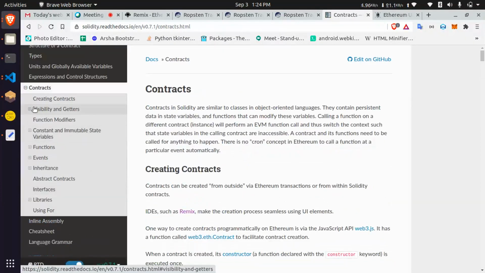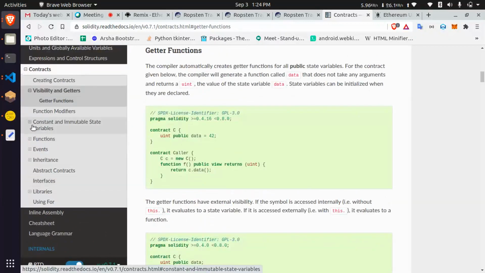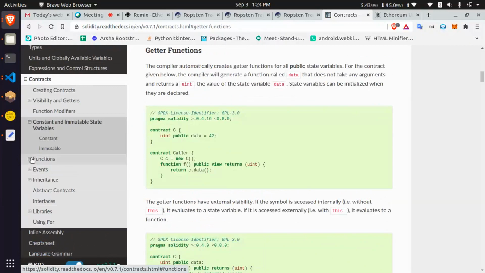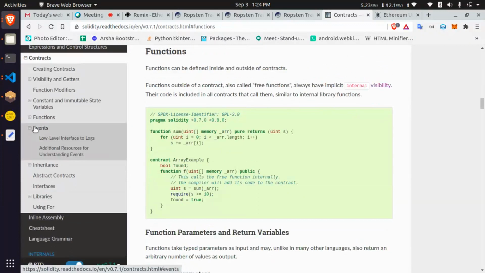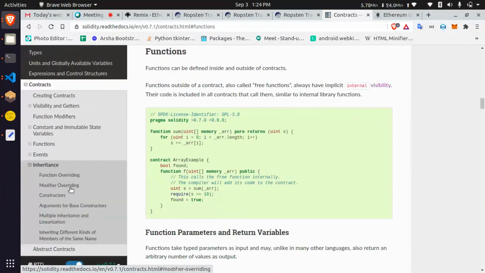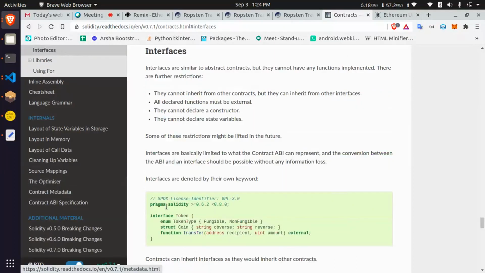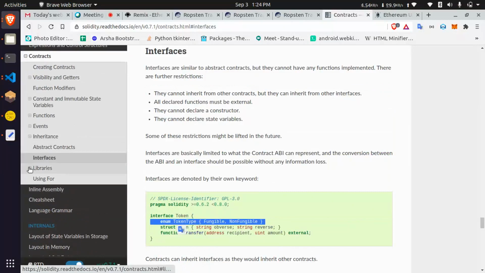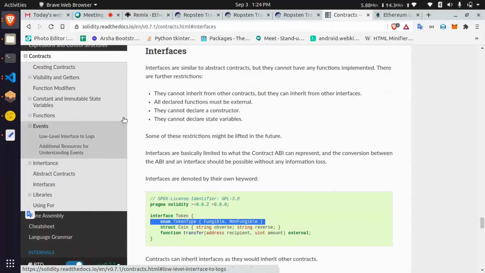Visibility I explained, getter functions, and constant variables and functions I explained. Next session I will explain events, and then inheritance. It is the same as what you learned in previous classes, in your 12th standard or college days, the same interfaces. If you define interfaces, you can call those functions from anywhere. I will explain library and then events in the next session.